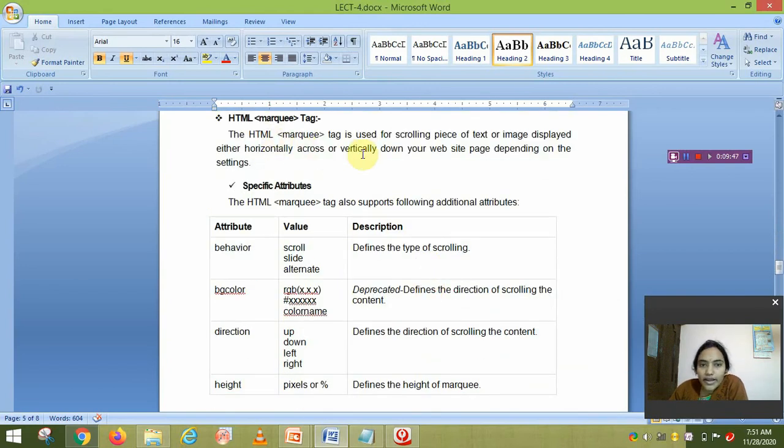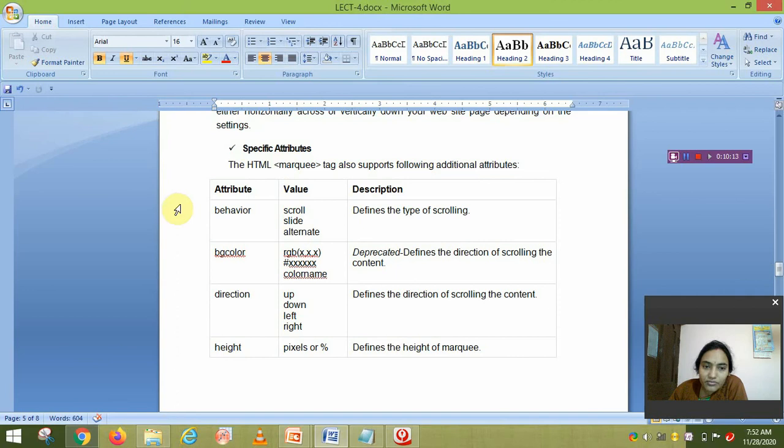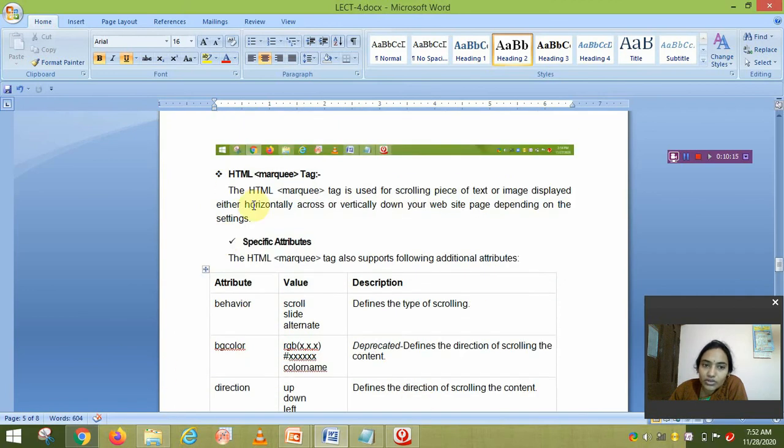The HTML marquee tag is used for scrolling a piece of text or image, displayed either horizontally across or vertically down your website page, depending on the setting. We can scroll this text or image horizontally or vertically. So these are the specific attributes for this marquee tag.